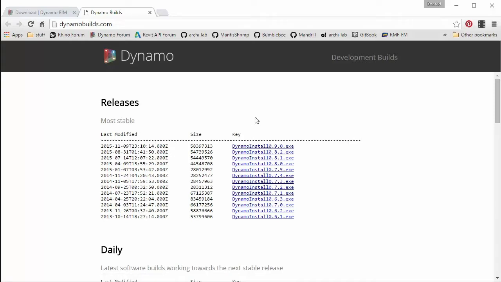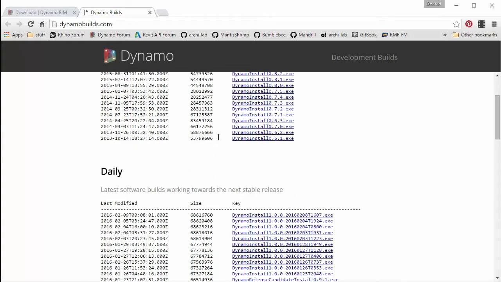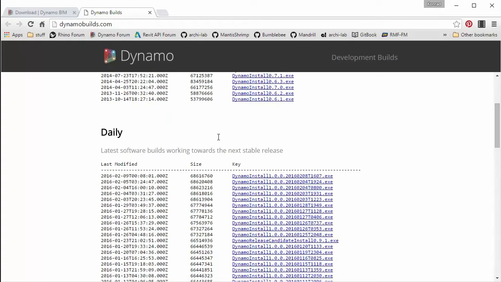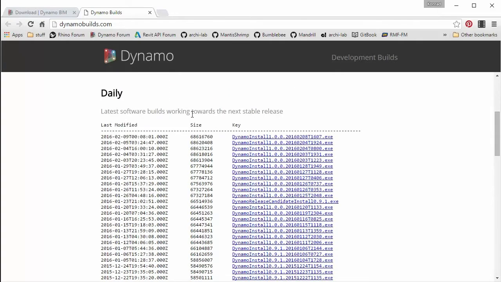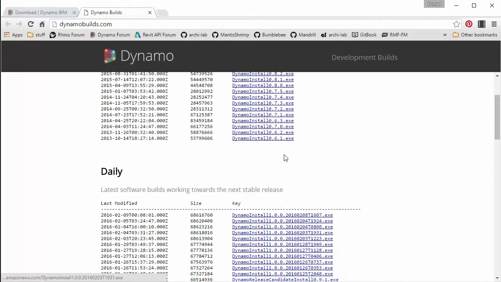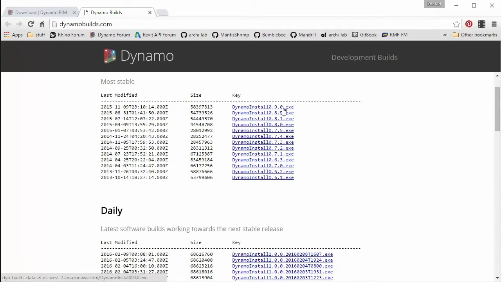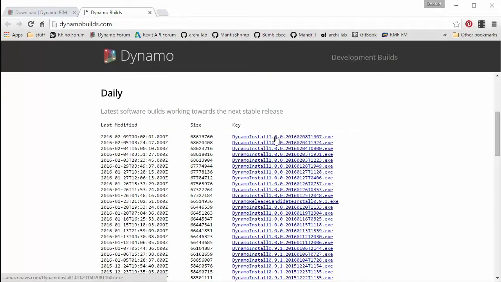But before we leave this page, I want to scroll down just a little bit to show everyone something else that's going on over here. Just like I said, Dynamo is being developed quite rapidly, and new versions of Dynamo are being released almost daily. And this is what this series of links over here is. So even though the latest stable is version 9.0, there is a version 1 of Dynamo in the daily builds.